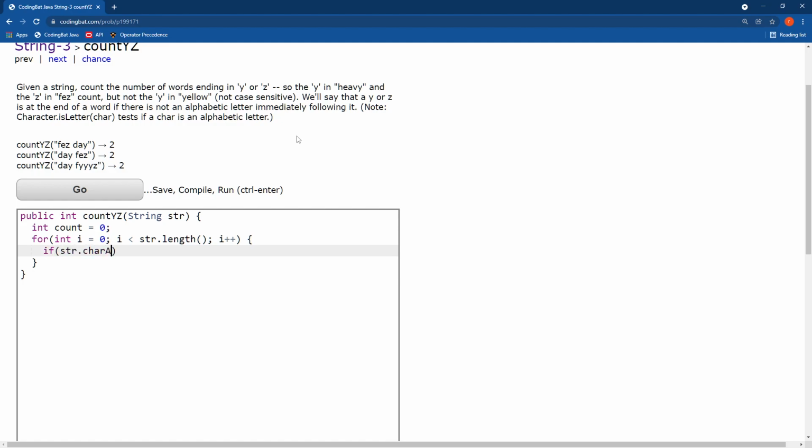So first I'll actually get the char here and store it in a variable. You don't have to do this. So the char at i, so if c is Y, it says ignore case, so c is Y or capital Y, or c is Z or capital Z, then